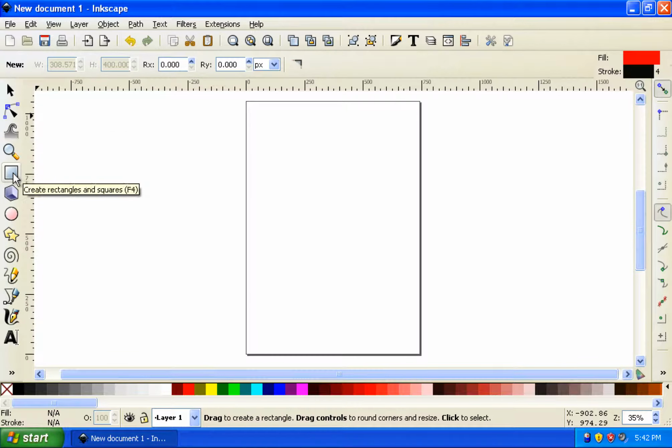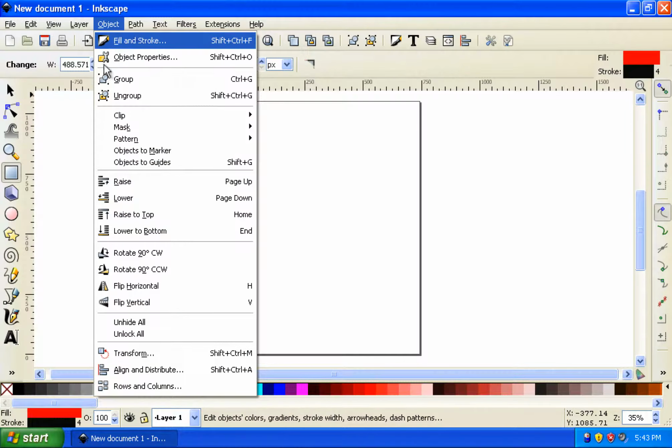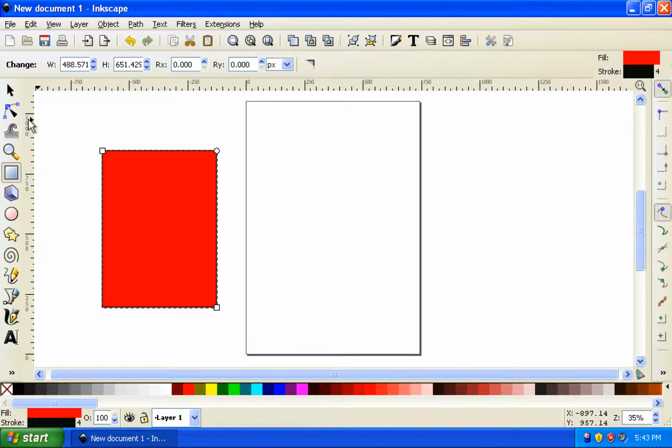Okay, the first thing I'm going to do is select the rectangle tool and just draw a shape. So I've got my nice red shape. If I wanted to change the color, I could do that in Object, Fill and Stroke. And if I wanted to change the shape of this rectangle, I could move my cursor right onto one of